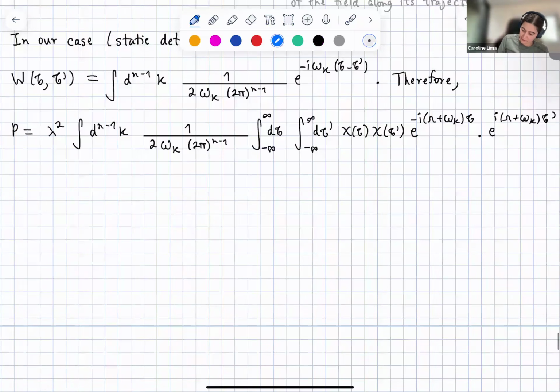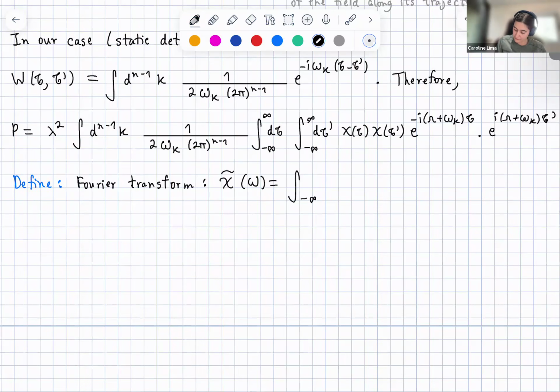And therefore, if I define the Fourier transform as chi of omega equals the integral from minus infinity to infinity of d tau times e to the I omega tau times chi of tau,